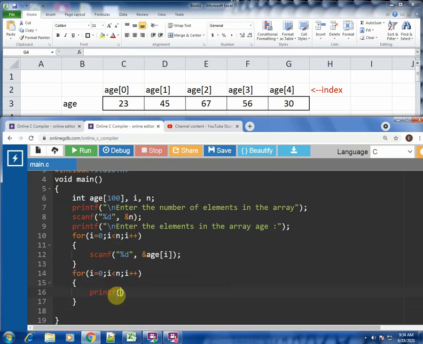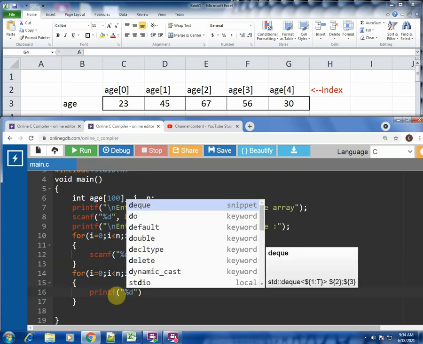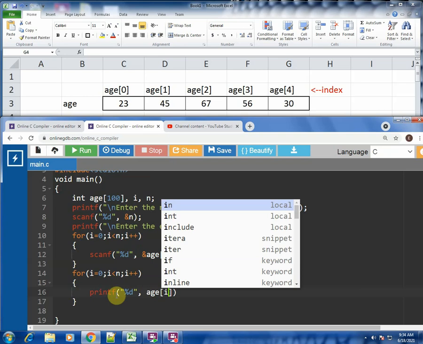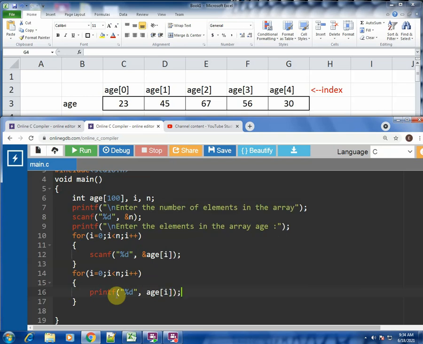Printf function. Again, %d, because the elements are of the type integer, and directly we write the array name and the loop variable. So loop variable is I. Okay, you can use a different loop variable also over here, like instead of I, you can use j. Okay, just to avoid confusion, I am using one loop variable because I don't want to declare many variables on the top, hence I am just sticking to I.